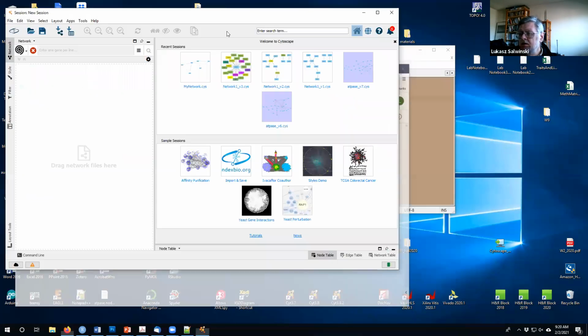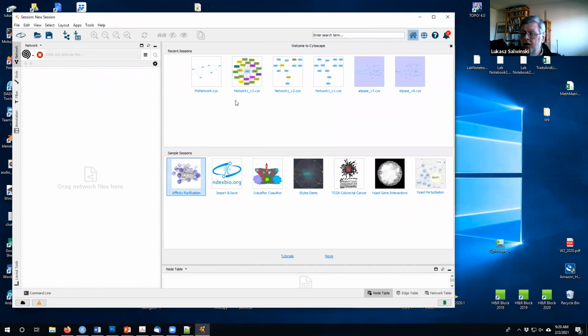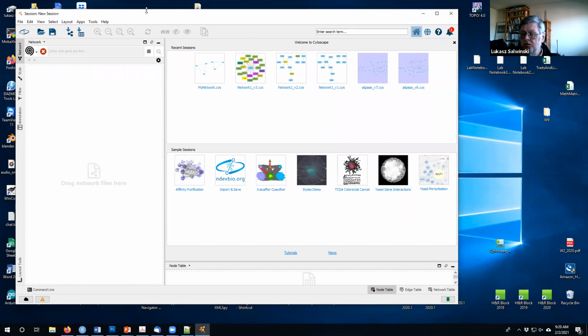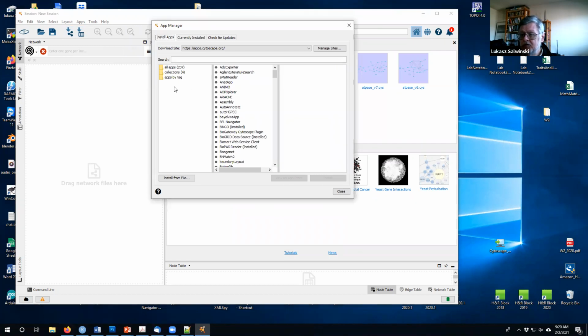So in the meantime, Cytoscape started. Okay. And that's how it looks when you pop it up. Cytoscape is pretty modular. There are a lot of additional modules that can be loaded. They are called apps, and initially you're not going to see too many things listed under apps, but if you go to App Manager, then what we'll need is